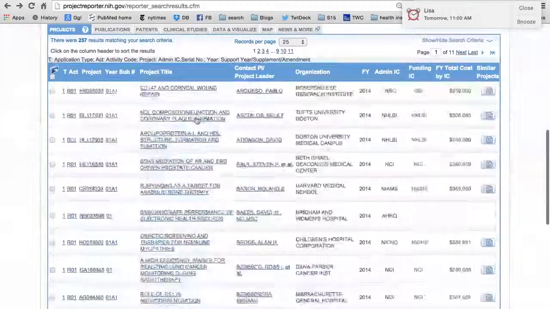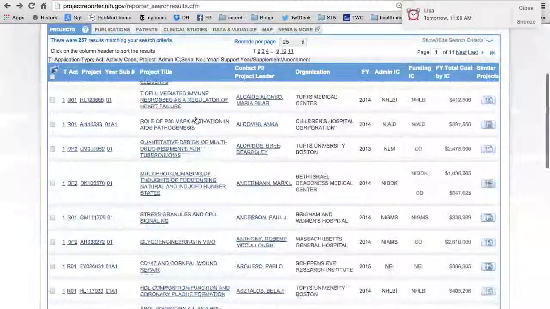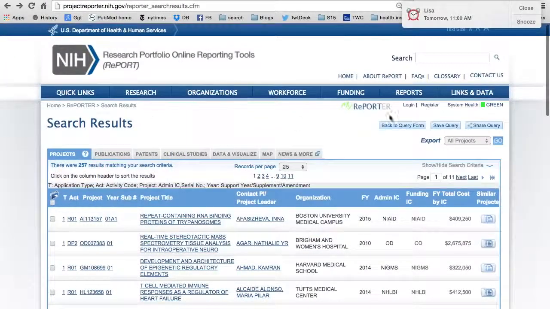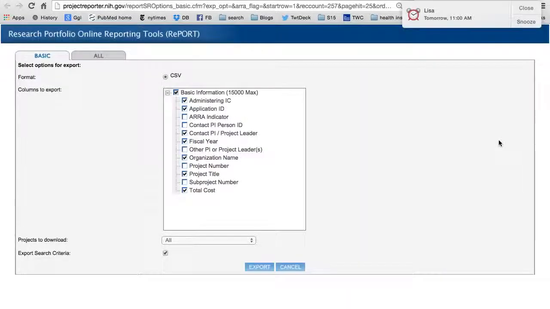who's getting the most money in this period. So I am going to download this report and export. They have a little tiny thing, all projects. Yeah, we'll go to all projects. So I'm going to export them. Go, and it is going to ask me